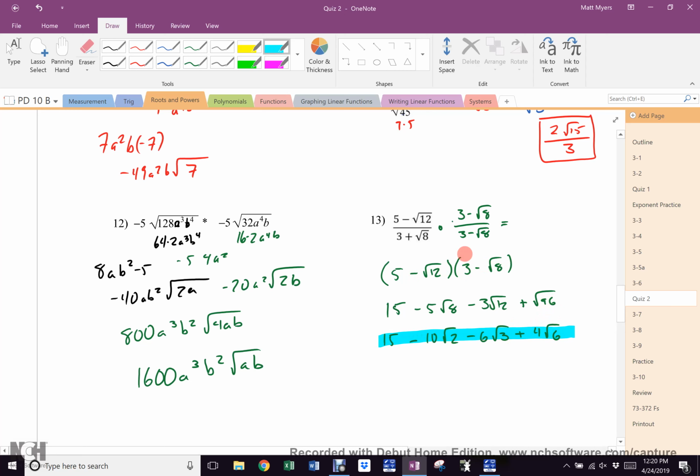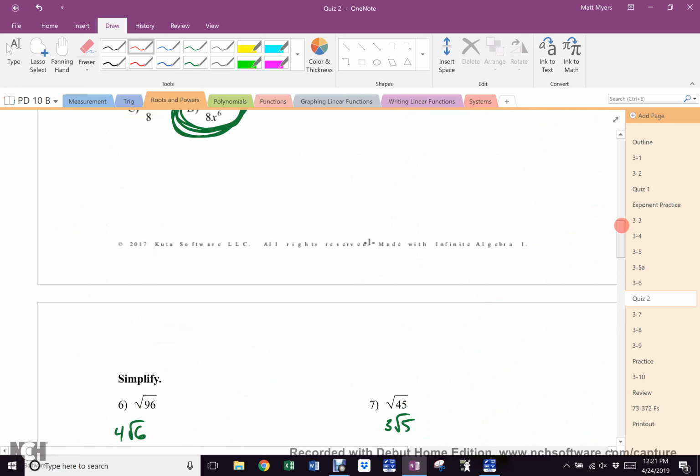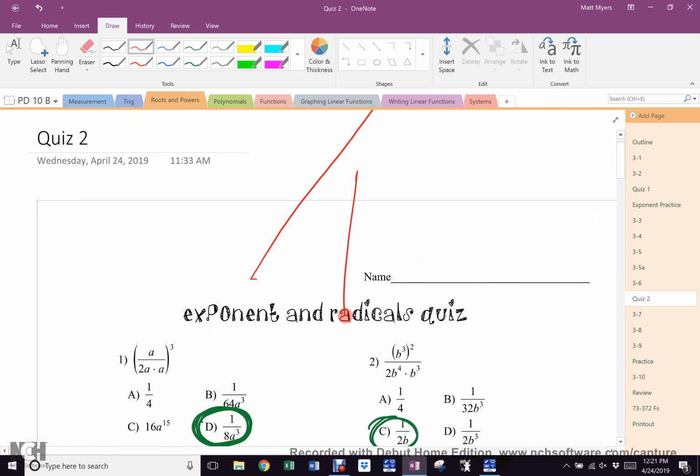Now, if you simplified, of course, it is 5 minus 2 root 3 times 3 minus 2 root 2, which is 15 minus 10 root 2 minus 6 root 3 plus 4 root 6. And you get the same answer anyway. Those were out of 3 each, making the whole thing out of 6, and 4 is 10, and 4 more is 14, and 5 on the front is 19. Give yourself a score out of 19.